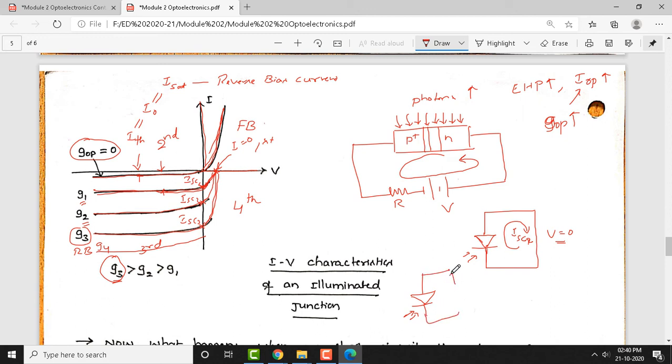The voltage that exists here is the open circuit voltage VOC. Now you need to estimate the open circuit voltage by making the current 0. Current is not flowing here, so IH is equal to 0, and IOP is 0 in this case. There exists a voltage across this due to the photons interacting with this PN junction. So this gives me the open circuit voltage VOC. Understand these two things?